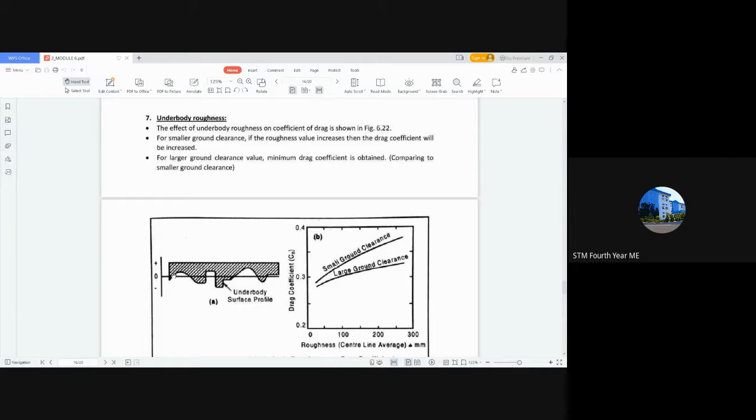It has to pass through all those points. So if you are providing such a design, or such a bare exposed underneath part of a car, then the coefficient of drag will be much greater. The coefficient of drag obviously will be greater because the air has to travel by striking at each and every